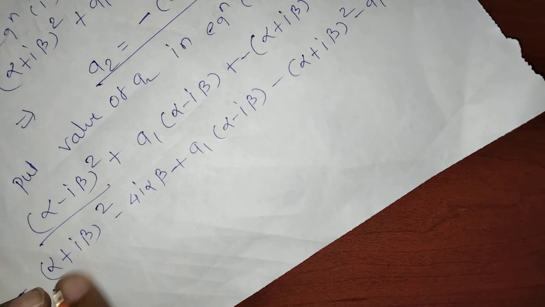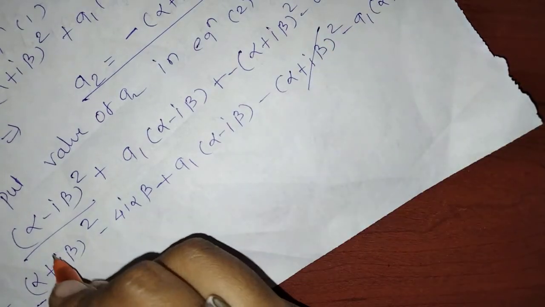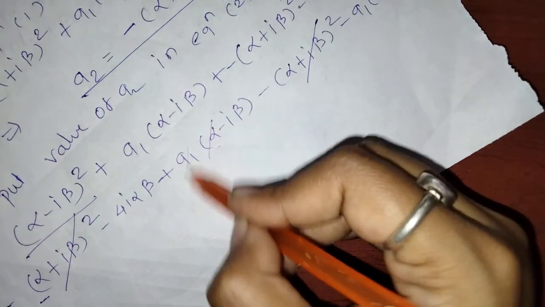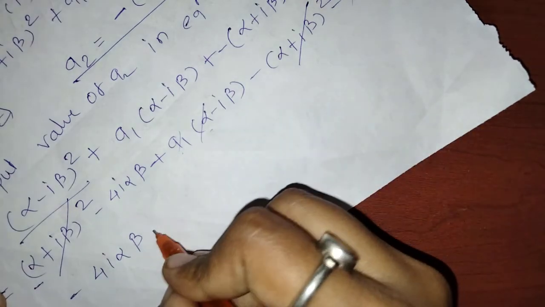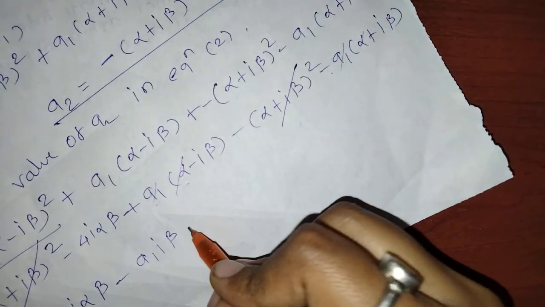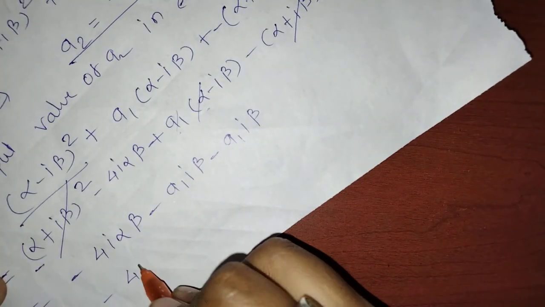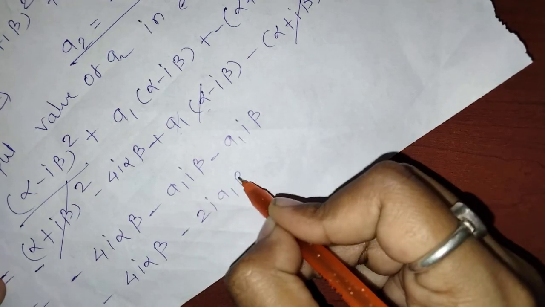Now you can see that (alpha plus i beta) bracket square minus (alpha minus i beta) bracket square get cancelled. Also a1 alpha minus a1 alpha get cancelled. So the remaining term is 4i alpha beta minus a1 i beta minus a1 i beta, which is equal to minus 4i alpha beta minus 2i a1 beta. Now here you can see that